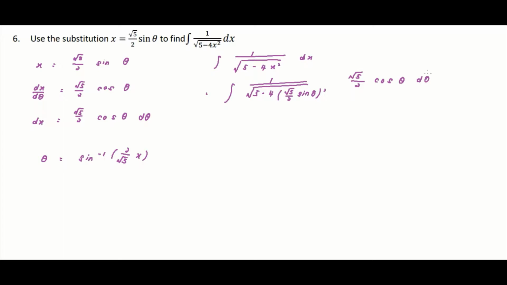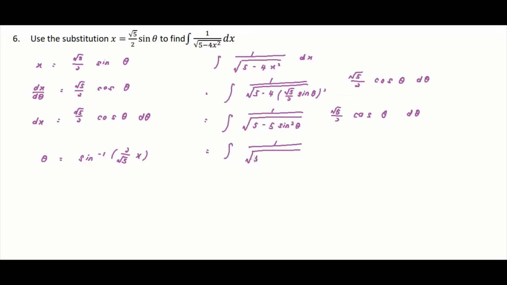Okay, so you can see if we want to simplify, we might need to change this form in cos as well. So 1 over, let's try to expand it first. 5 minus, okay, so you can imagine when you square it, you get 5 over 4, right? Then after that, you should get 5 sine square theta. Okay, then square root 5 over 2 cos theta d theta. So as you can see, we can't change anything for cos theta already, but we can change the sine square theta. So what we can try to do,